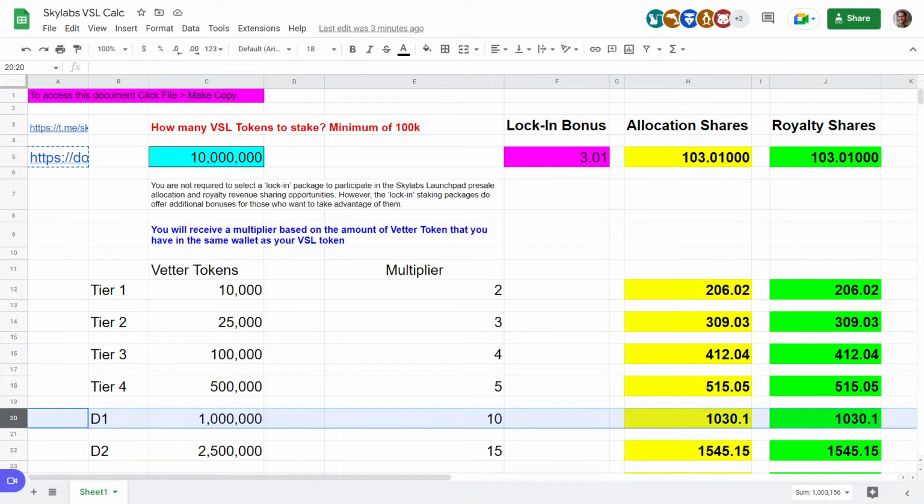We also don't know, nor can we control, how many people are going to be staking and locking in. So there's going to be things fluctuating back and forth all the time. And so when people ask you, well, what's it going to be? Well, right now we don't know, but it's going to be